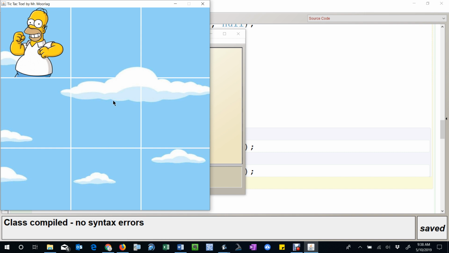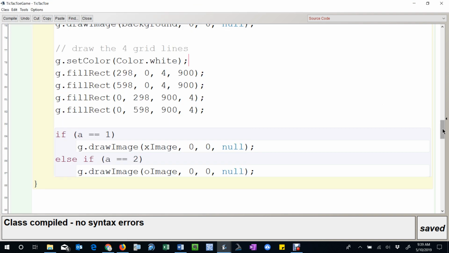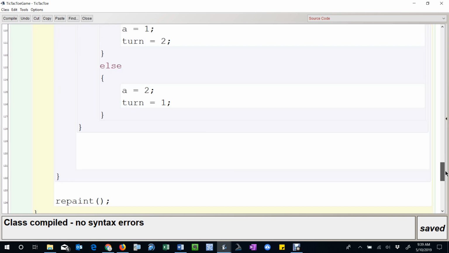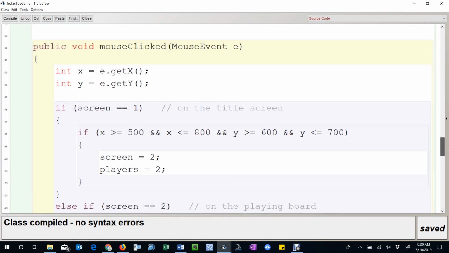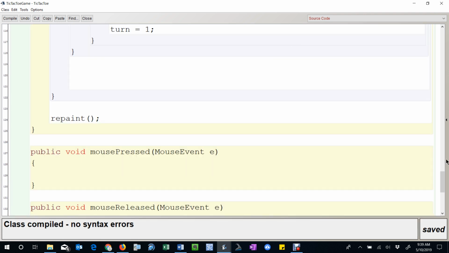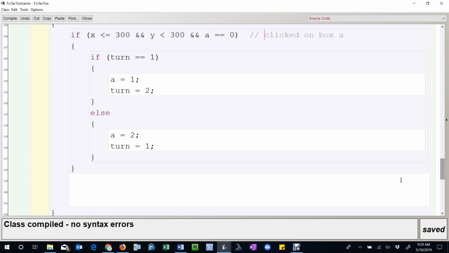So I will quickly help you with the second box, and then I'm going to leave it up to you to do all the rest of the other boxes here. So let's do the B box, this second box on the top row. So if we go back to, we're going to go down to mouse clicked again. Okay. Yes, so right here is where I clicked on box A. I'm just going to zoom out a tiny bit here so we can see more code. Okay, so then I'm going to say